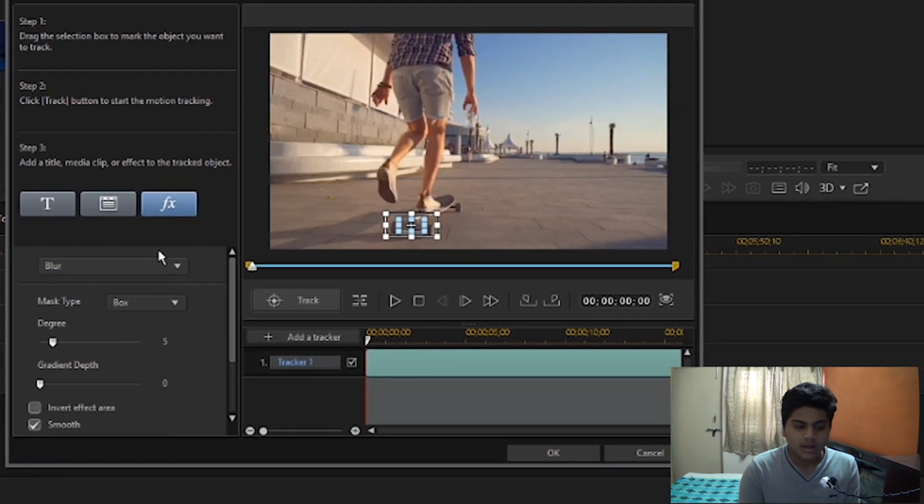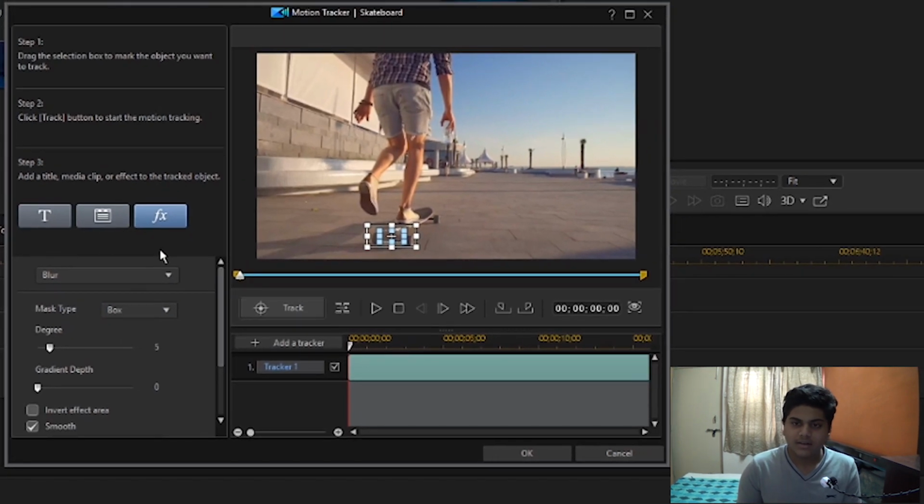Now you can also select whether you want the blur box in square format or circle format. It says Mask Type, so you can select box or circle. If I click circle, the blur would be in a circle, and you can modify it into an oval shape or something.